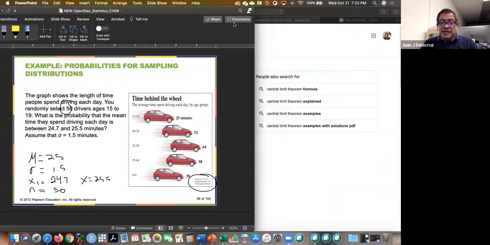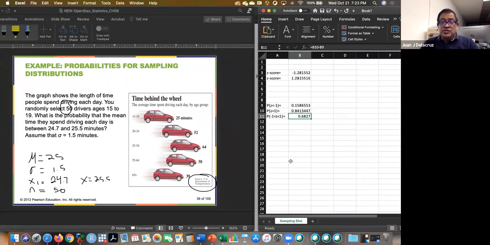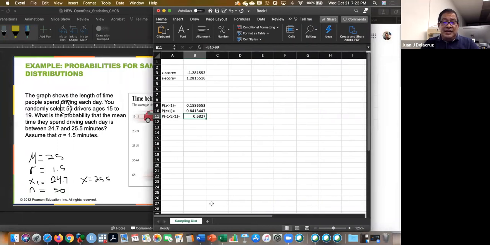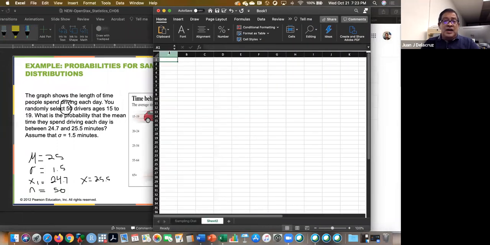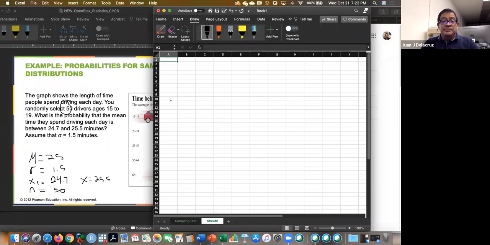Well, first of all, I'm going to give you some clues. I am going to draw this map here. Let me open another one. I am going to draw my graph with the values. Just imagine that it goes like this, right? So this is the mean, the population mean is 25,